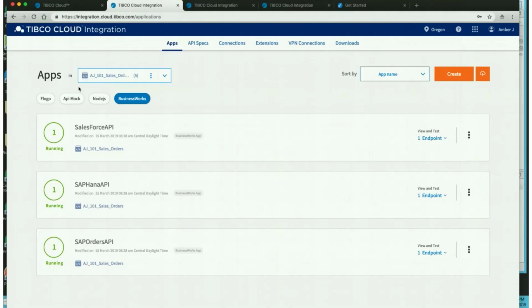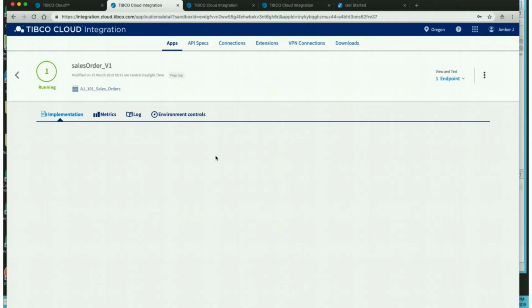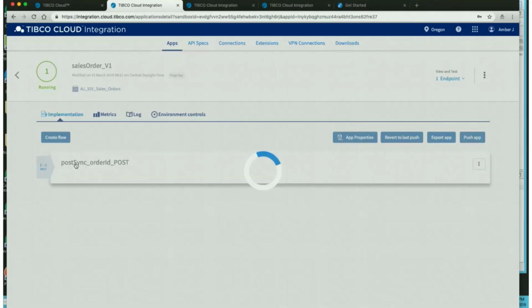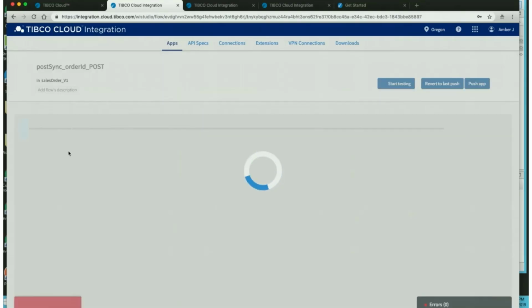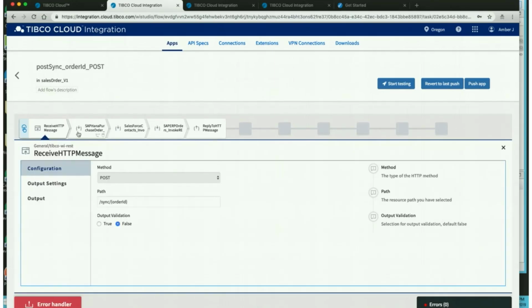And now we'll come into that application of the synced up order to be able to actually test this process API that we've built. So here, when we come into the sales order application, we can come into this, what we call a flow. And you can see very easily that we have the buildup from an HTTP request. So that here, with this trigger of the HTTP message, we are utilizing to feed into 3 microservices that are